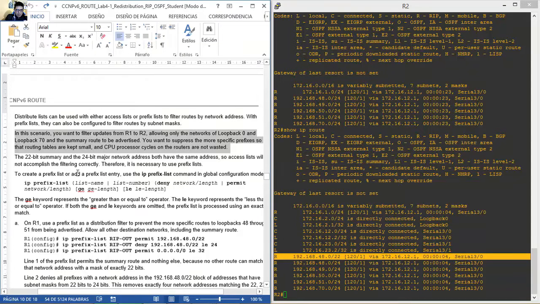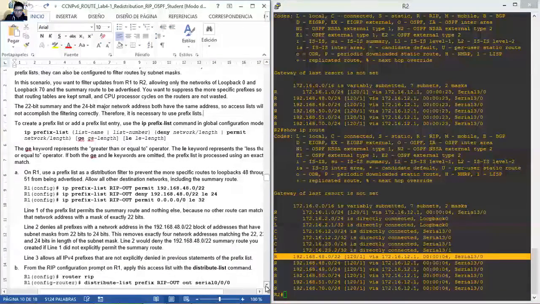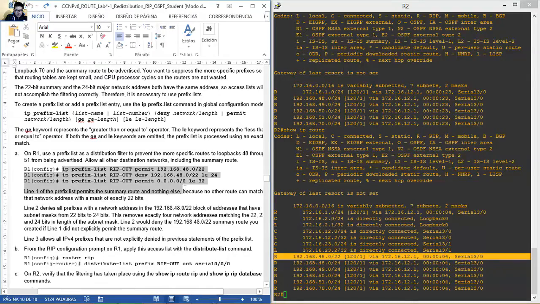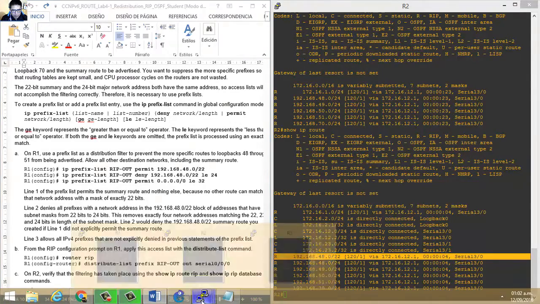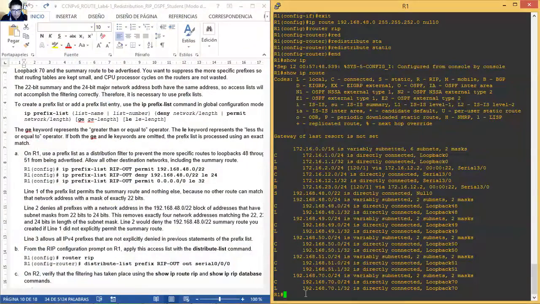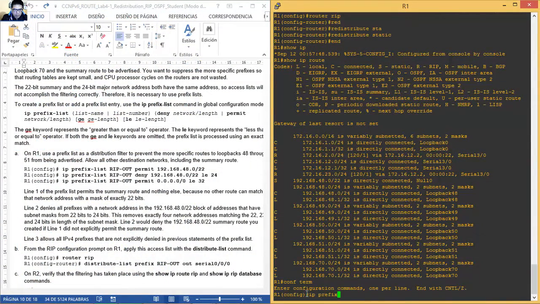Okay, the /22 summary and the /24 major network address both have the same address, so an access list will not accomplish the filtering correctly. Therefore, it's necessary to use prefix lists. Okay, configure this. R1, configure terminal, ip prefix-list named RIP-OUT,